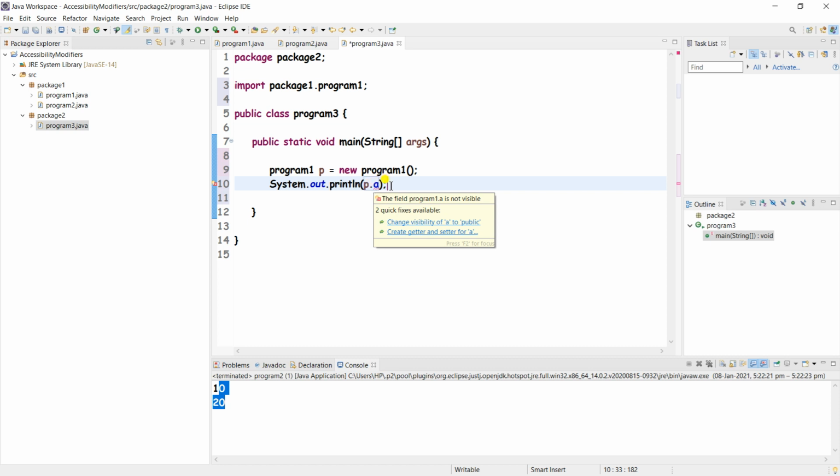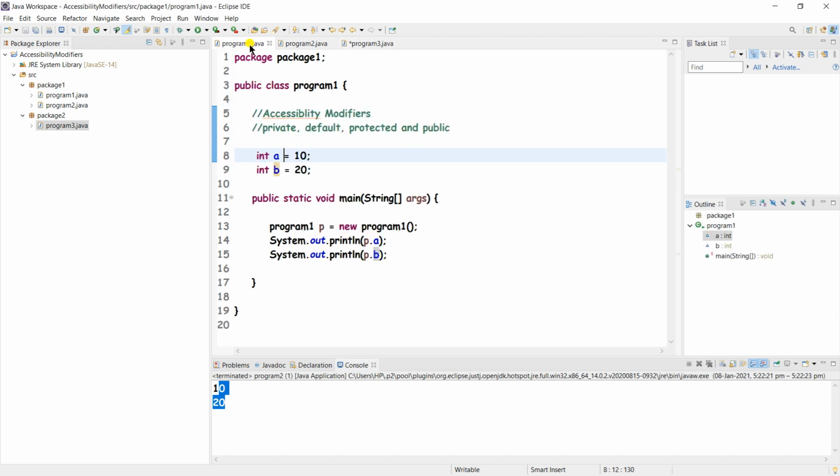So we cannot access default members outside the package. Only inside the package we can access these members. Okay, so here default is also completed.